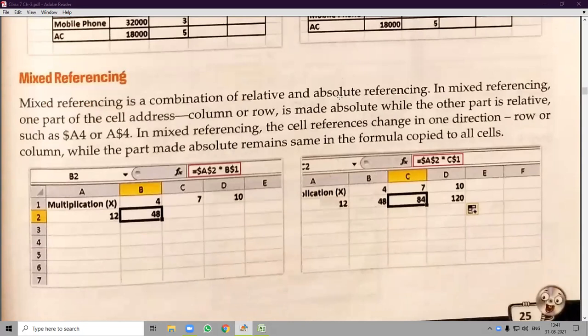either column or row, is made absolute while the other part is relative. That means you need to apply one part to be absolute and the other part to be relative, such as